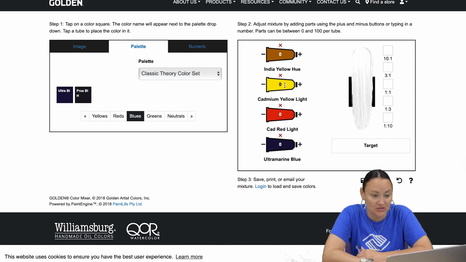And then you're going to determine, so once you get all of the colors into the tube, as you can see, I have all my colors in the tubes, then you're going to click on these plus or negative signs to determine how much of each color is going into your palette. So if you click here,